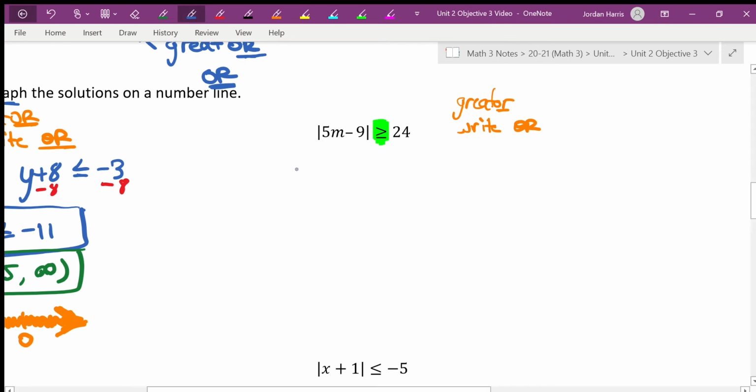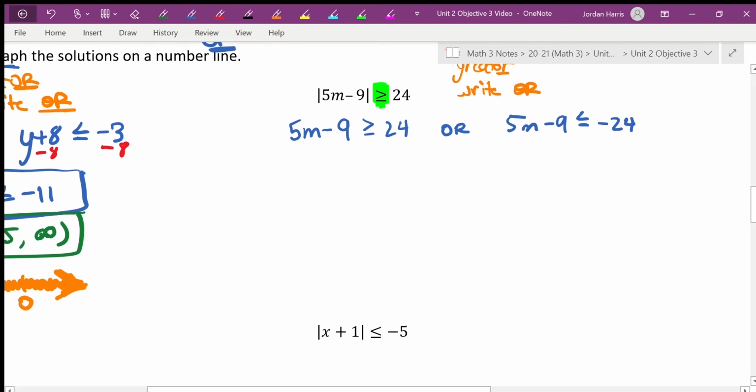Okay, so 5m minus 9 is greater than or equal to 24, or 5m minus 9 is less than or equal to negative 24. Okay, don't forget, if it's just less than, it's an open dot. Less than or equal to is a solid dot. Okay. So solving, add 9 to both sides. I'm going to try and write a little smaller here because I'm running out of room. Divide by 5,